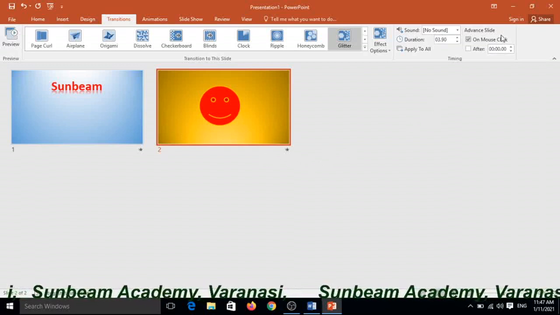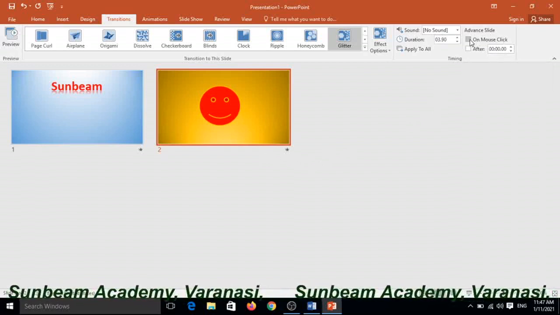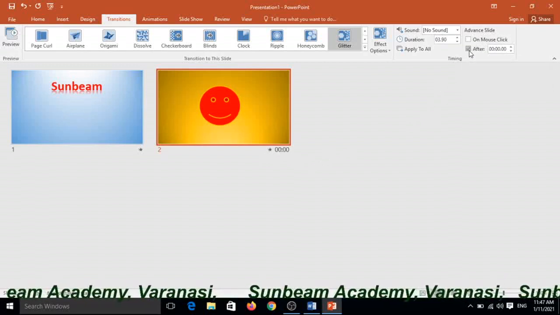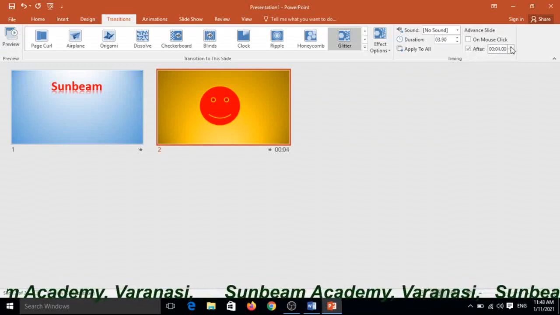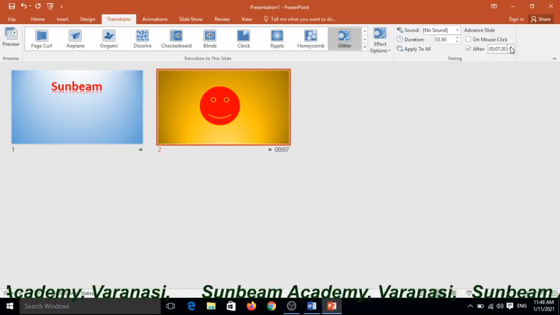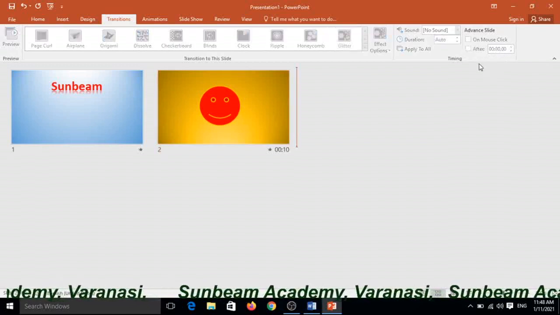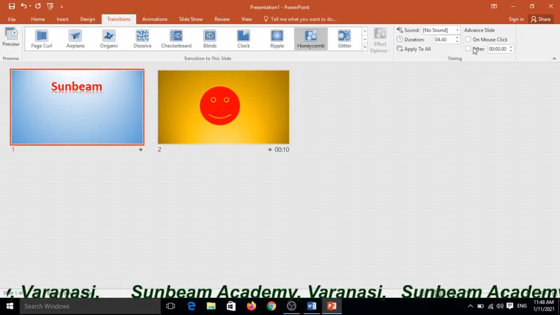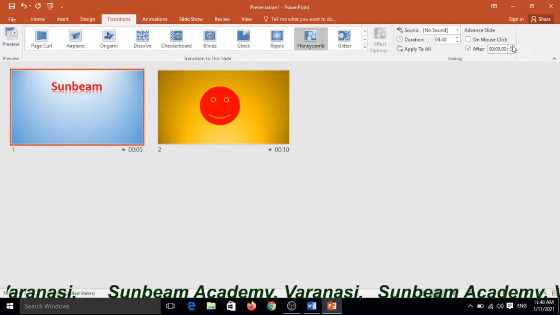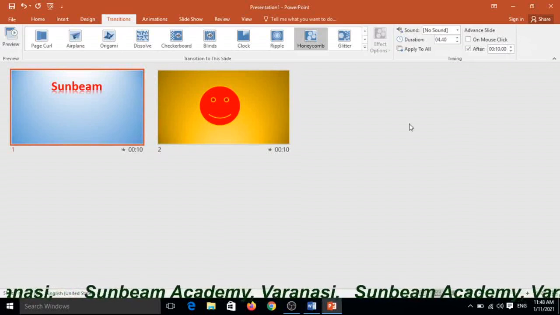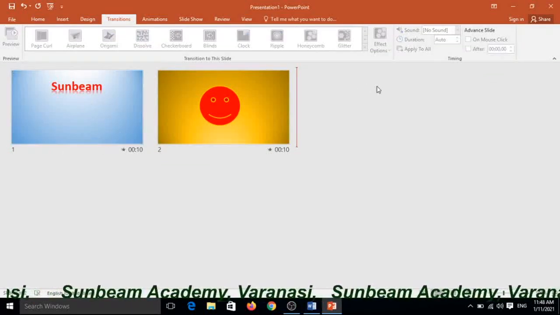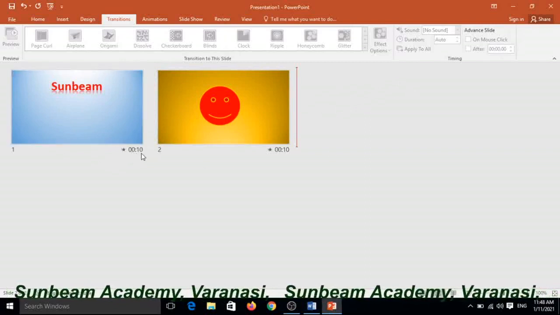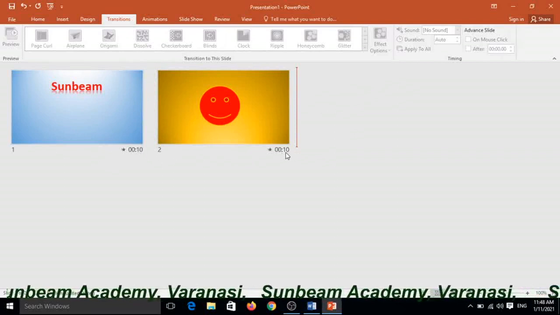You can click on mouse, uncheck, and choose here after 10 seconds, and then select the other one also and choose after 10 seconds. When you select the slide for the timing, here it is 10 seconds and it is also 10 seconds.